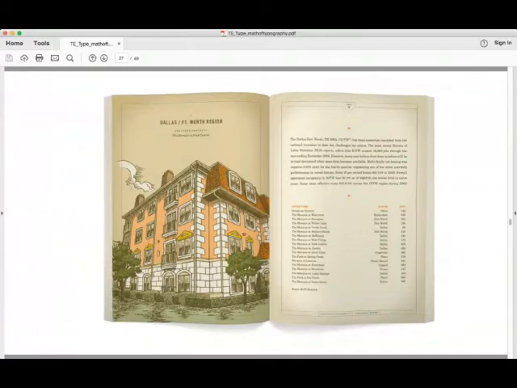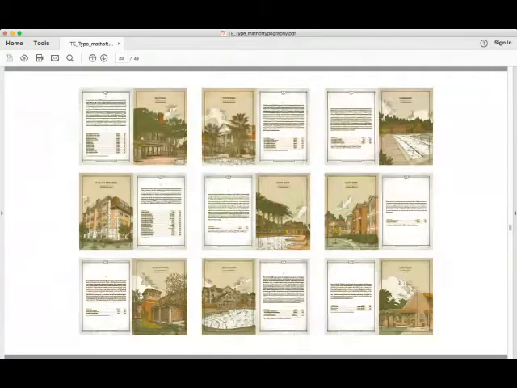Okay. So a region contains 150 words on average as a summary for that year, and a property chart with that, as you can see on the right page here. Each property will be designed as a spread because we also want some artwork to go with all that content. Okay, so now we have, since they have 9 regions, so that gives us 9 spreads or 18 pages, right?